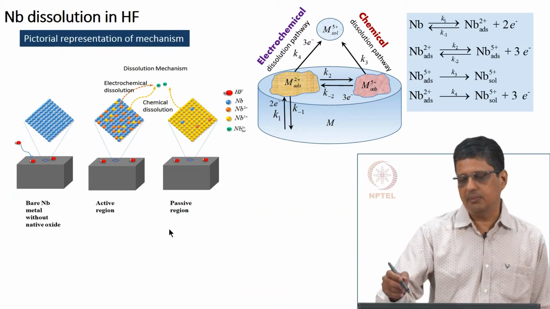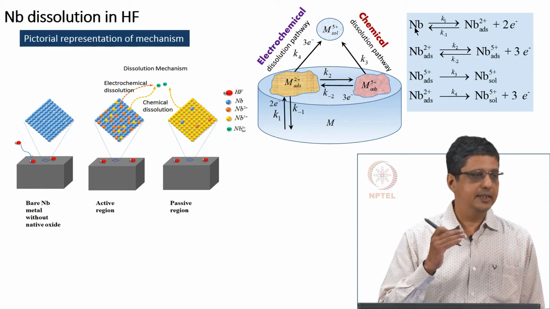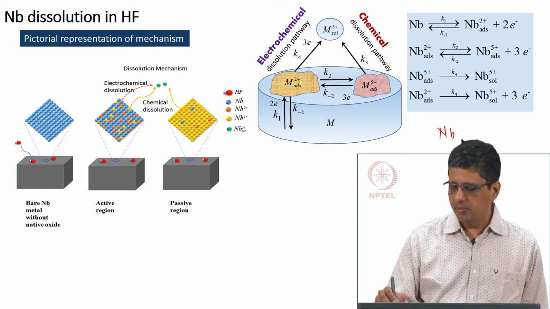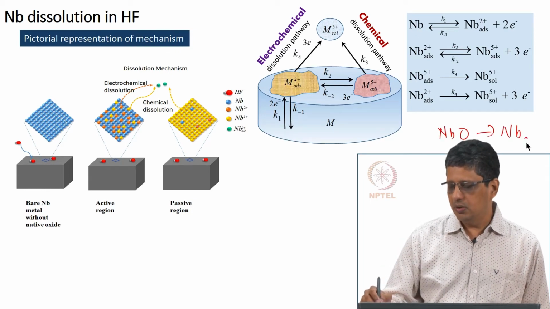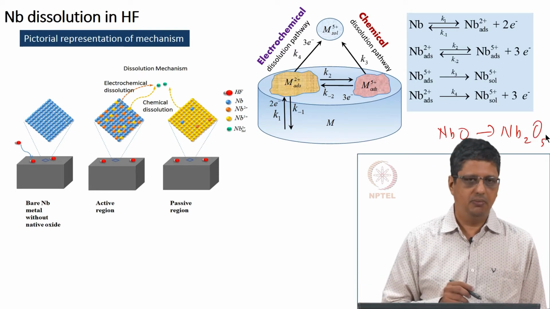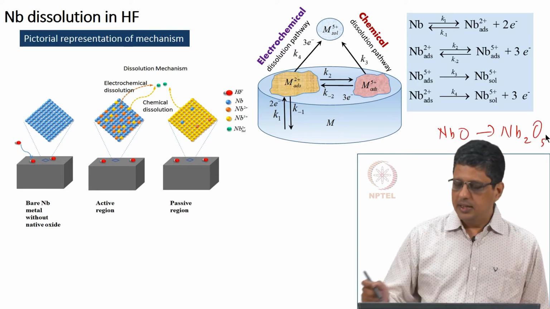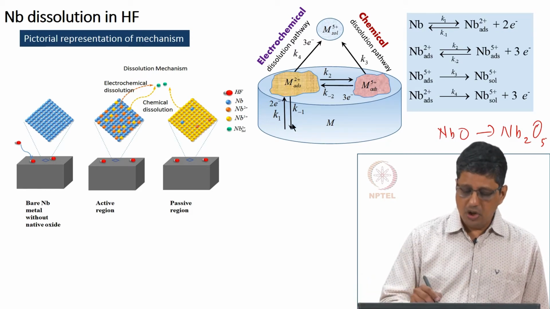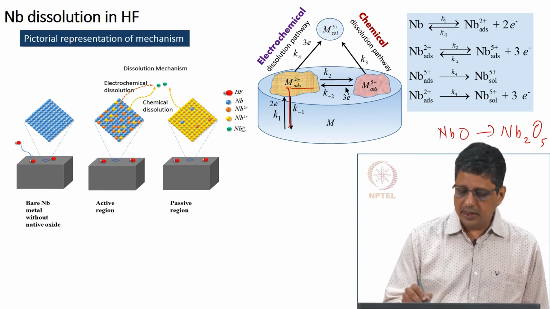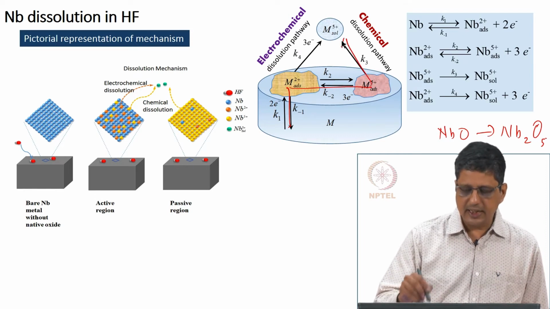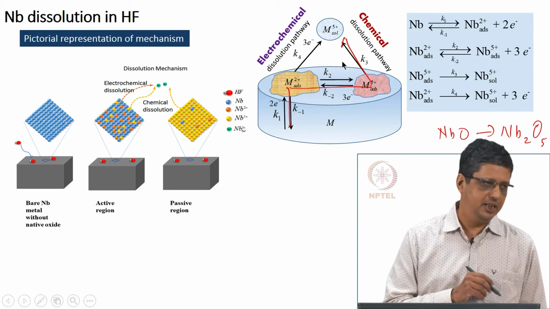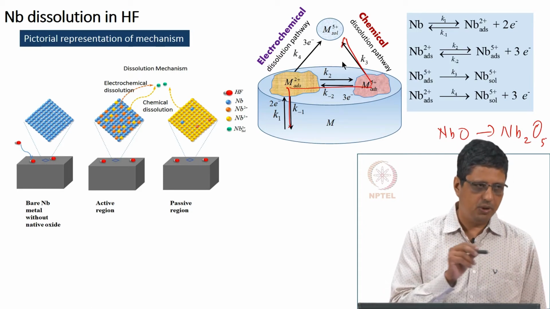We propose a mechanism like this: niobium gets oxidized to suboxide NbO, which gets oxidized to what is called pentoxide. This is the most stable form, but this is also possible. And niobium can get oxidized to suboxide, it can get oxidized to pentoxide, both are present on the surface, and the pentoxide can dissolve, that is one pathway. But that pathway will not give me an impedance spectrum like this, it will not give me a current potential diagram like this.